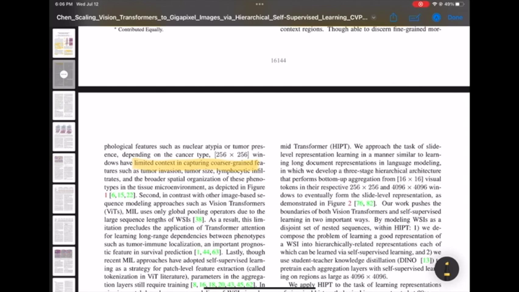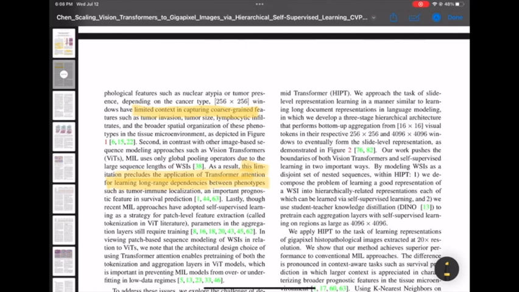For example, the spatial relationship between tumor and immune cells is important for survival prediction, and it can be learned by modeling long-range dependencies using transformers as opposed to conventional multiple instance learning methods. So in this work, we see the development of a three-stage architecture of vision transformers whereby a bottom-up aggregation of